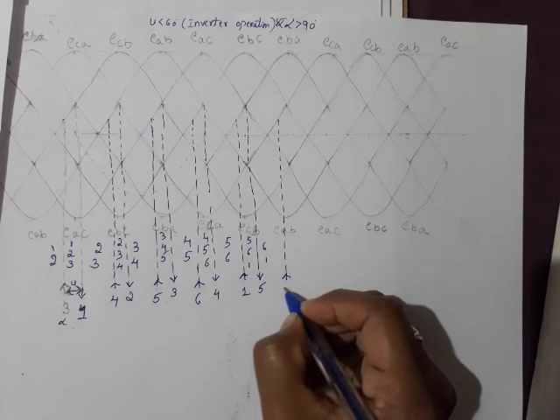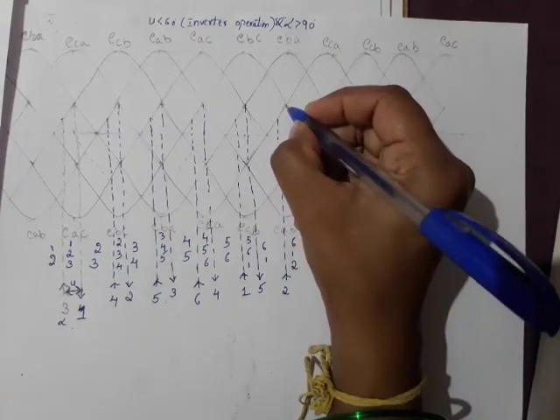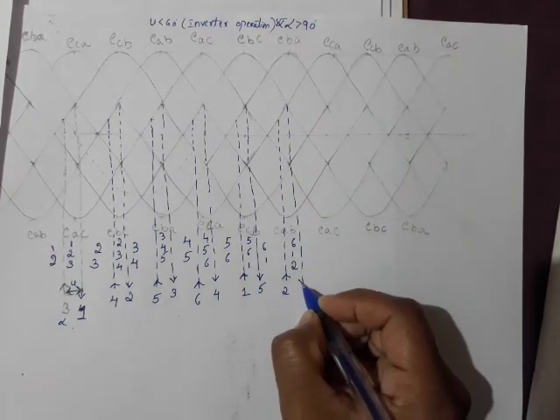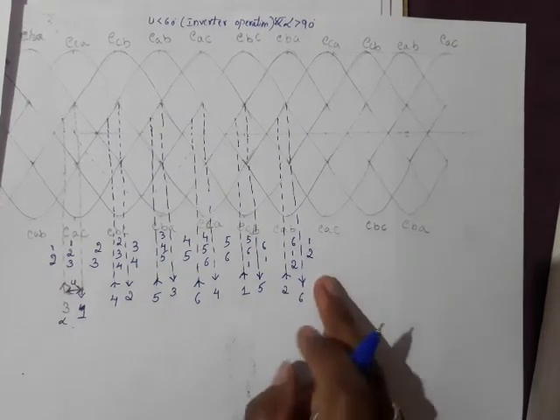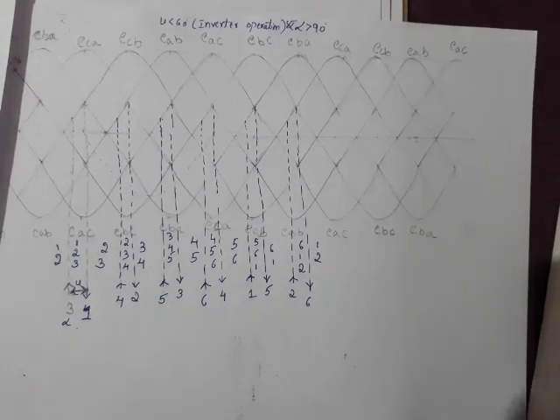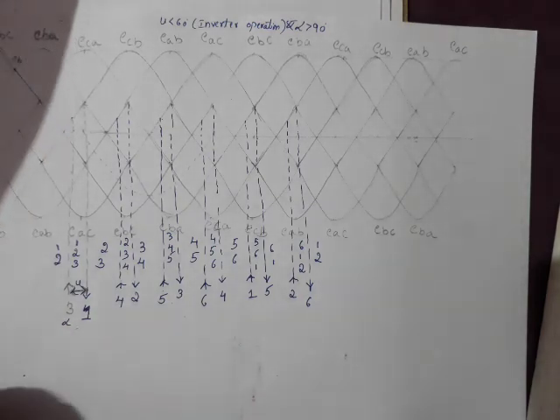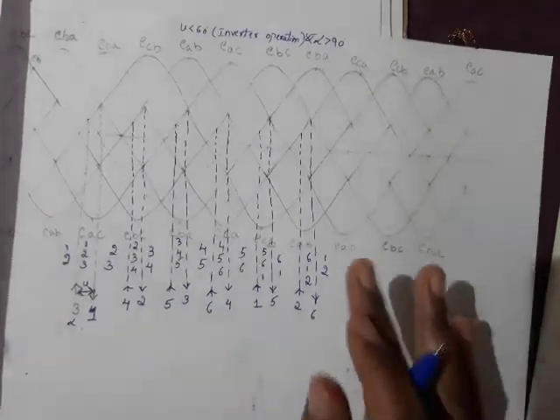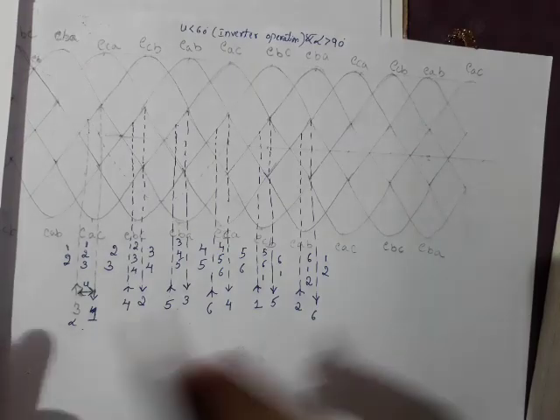So here valve number 2 comes into conduction. That is 6, 1, 2. Then valve number 6 goes out of conduction. Back to 1, 2. Okay, one complete cycle. We need only this much. Then first we'll write for output voltage. For output voltage I'll use blue color. To show phase voltage I'll use pencil. Okay. So understand better.